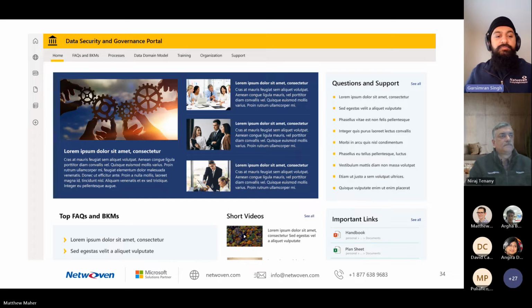So this is in the form of FAQs, best known methods of how to do various activities and stay secure, whether it's external sharing, whether it's providing access to SharePoint Online content. Short videos are very helpful, especially when there are tools that have lots of nitty-gritty controls. Being able to talk through those is very helpful, instead of having to only read paragraphs of information.